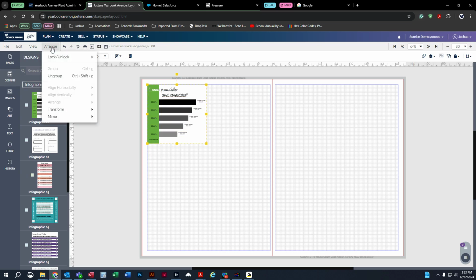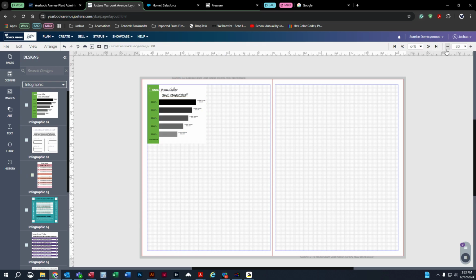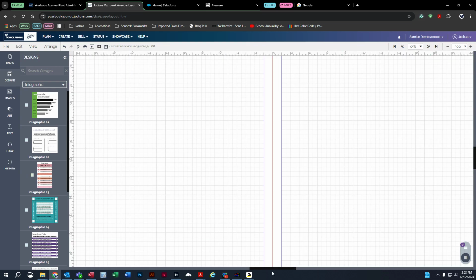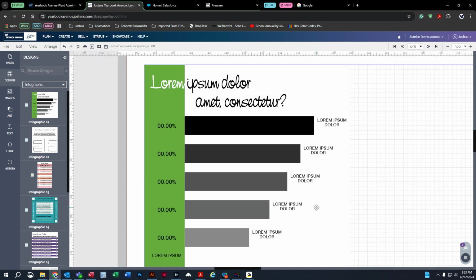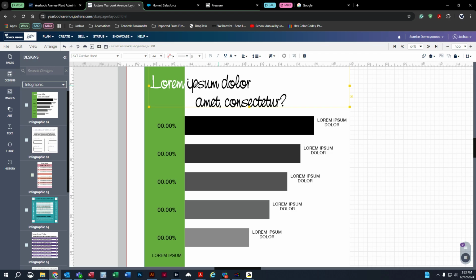Or you can always go to Arrange and then Ungroup. And then once again, these are all individual elements. And then we can zoom in here real quick. And so from here, you can always change this information. Click on this and change it to